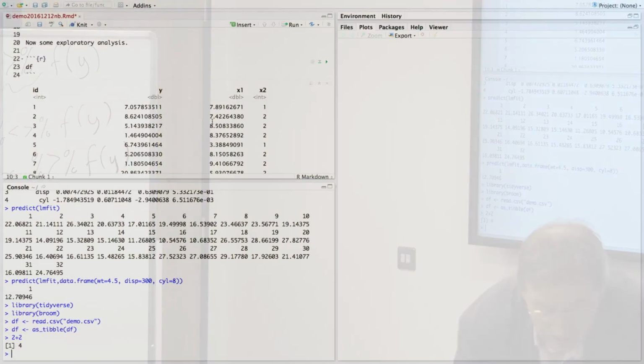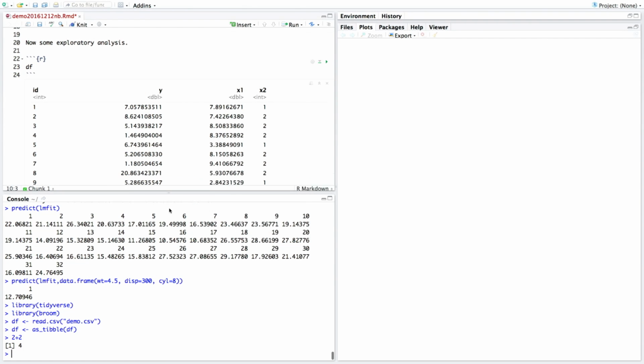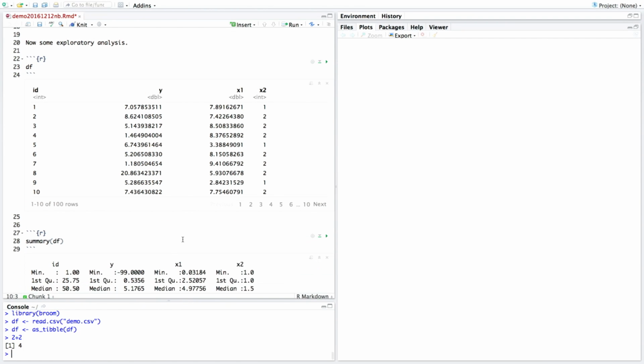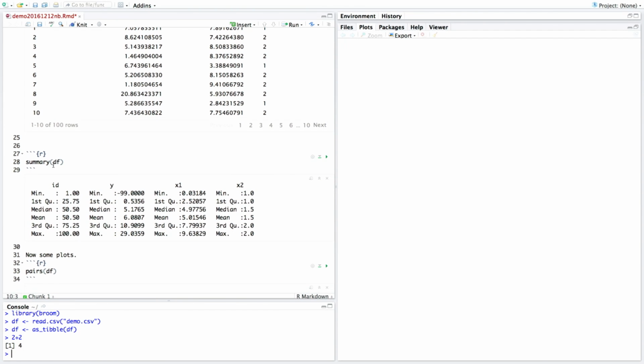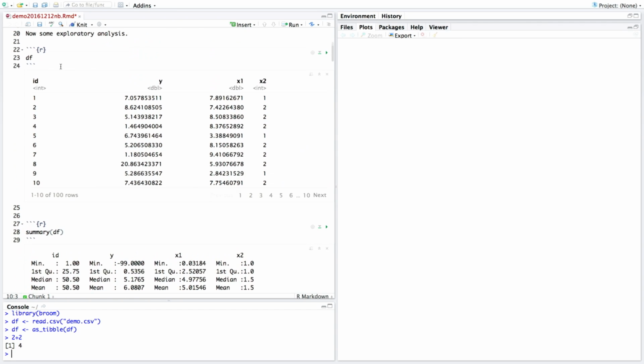Okay, so in this, let's go back to this maybe. So if we look at this data frame that was included from the CSV file, then there are variables ID, Y, X1 and X2, as shown up here. And there are 100 rows there.